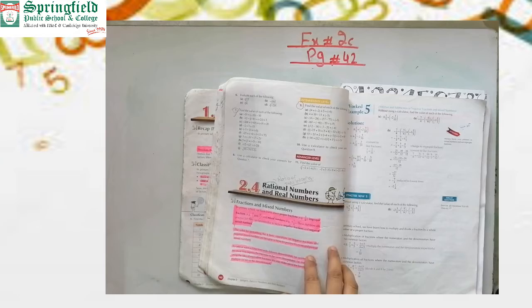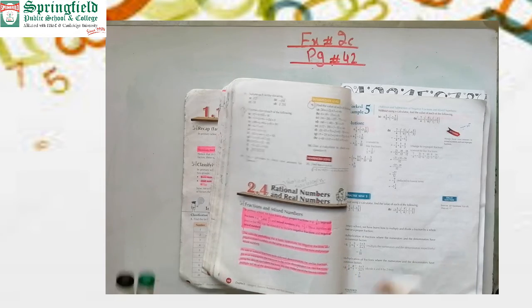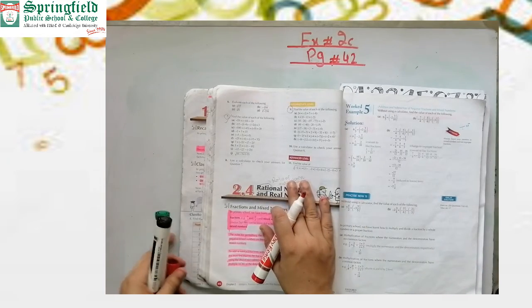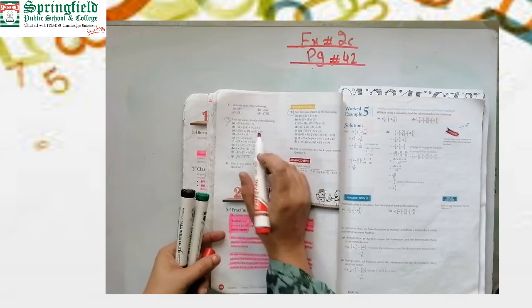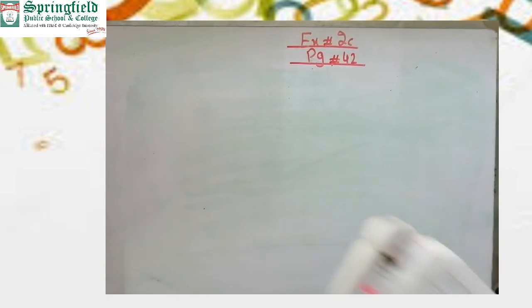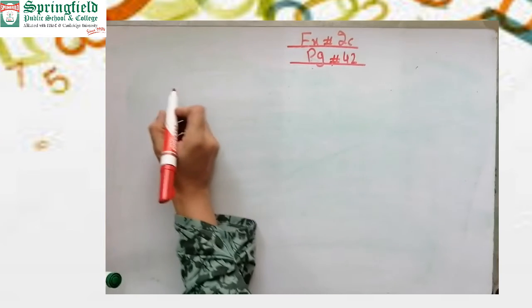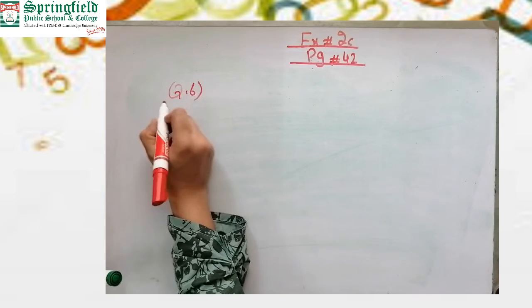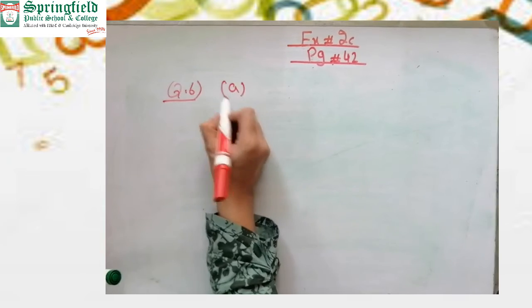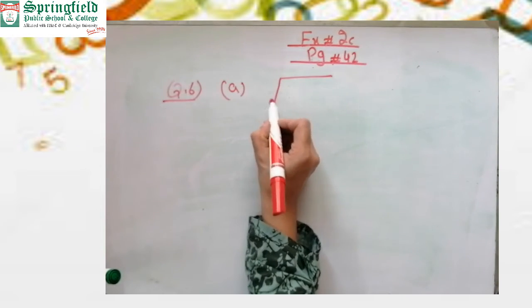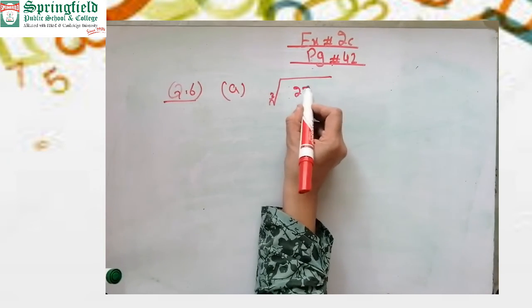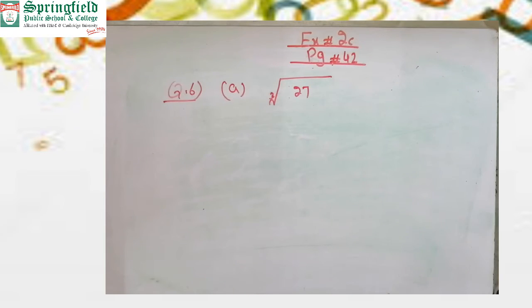Okay, now come on the question number 6. Question 6 is solve the square root and cube root of these numbers. They are saying that find out the cube root of this number. So how we can solve? Question number 6, in A part, the cube root of 27. So how we can find the cube root of 27?